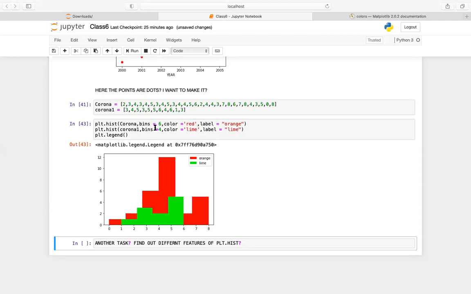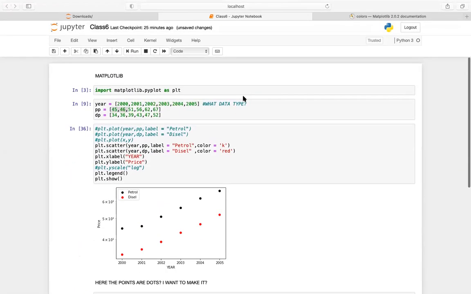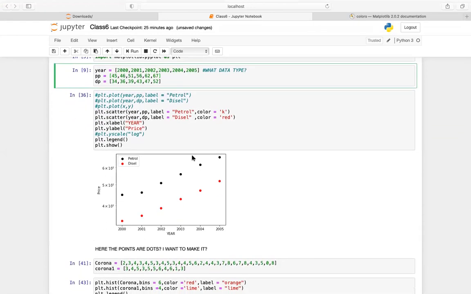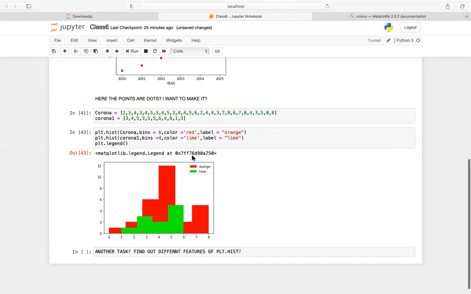So here we learned three types of plotting today. One is plt.scatter, then we learned plt.level, and then finally we learned how to plot a histogram from a given set of data. Python matplotlib offers you different types of plotting interfaces, so if there's something else you want to plot, you can plot it. Okay, one more thing.